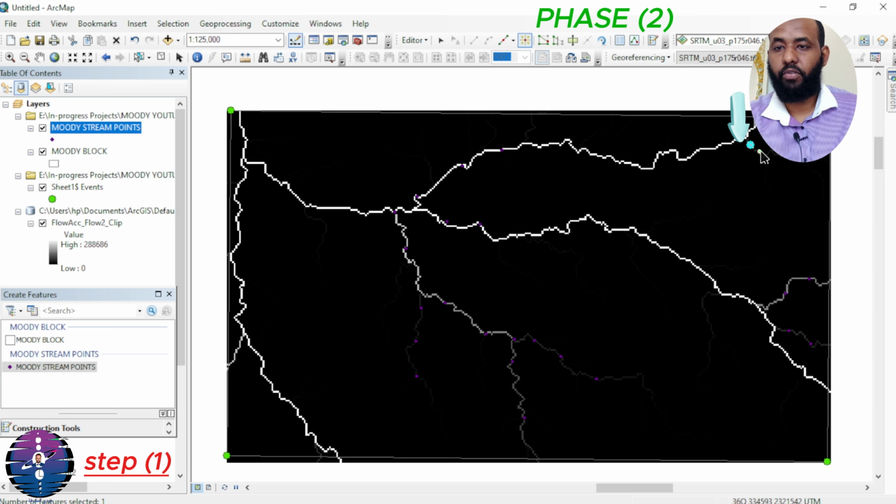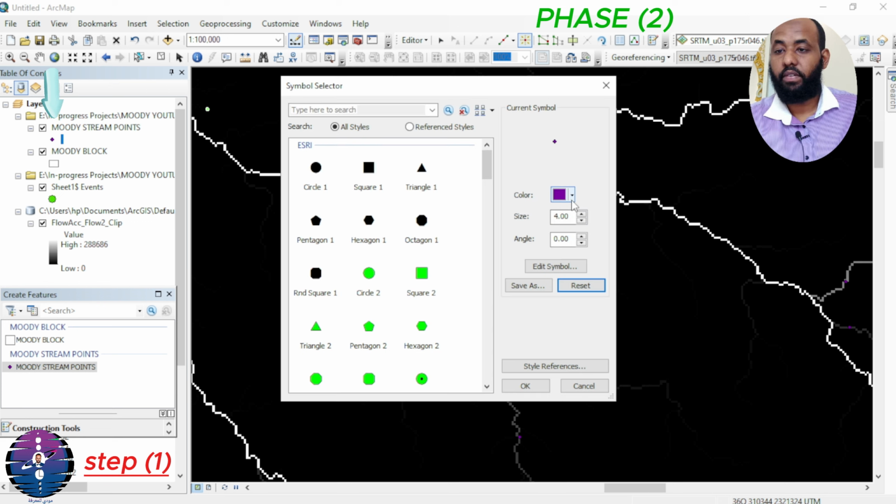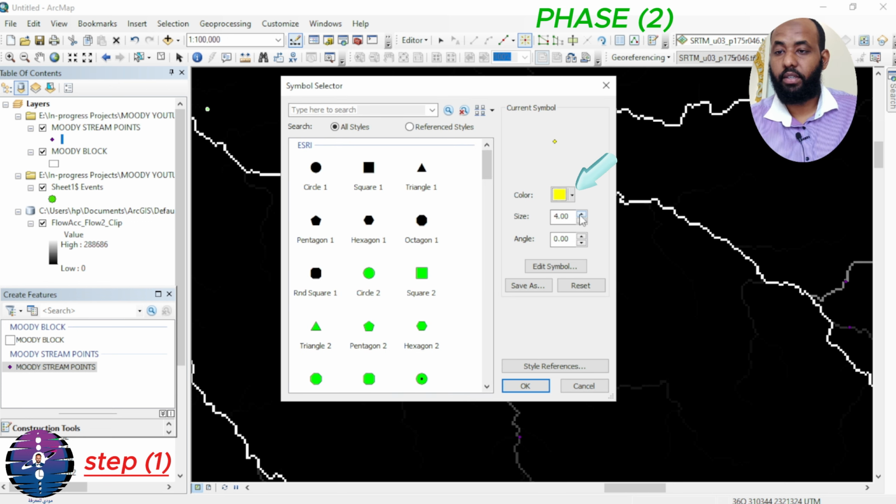Also take sample from here, and here, and here. Okay, that is enough. Adjust the point samples to make them more visible, such as, for example, choose yellow color,